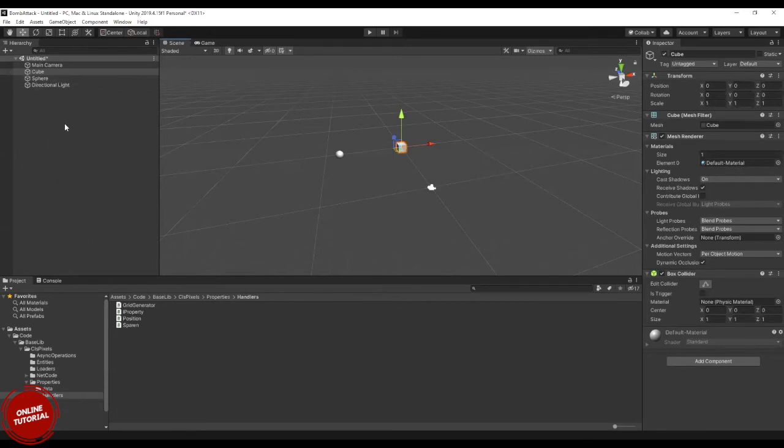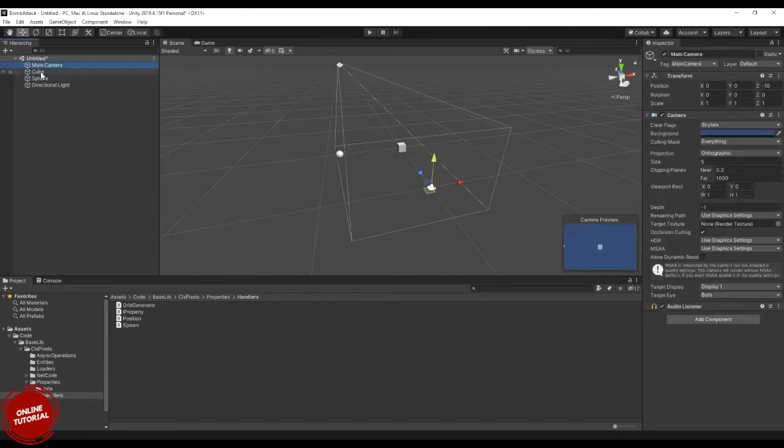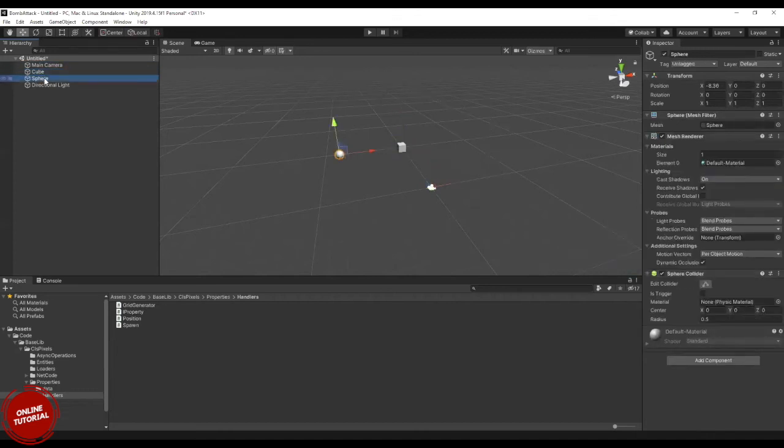For every element or object you place, it should have its own properties, right? So I have defined this as a cube and this as a sphere. See how it changes based on its properties. These properties of every object that you select, you can see on the right hand side in the inspector.